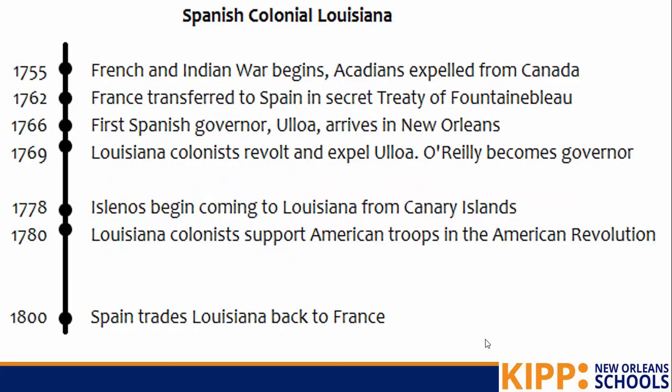So a reminder of where we've been. We have the French and Indian War beginning. The Acadians get kicked out of Canada. France secretly trades Louisiana to Spain in the Treaty of Fontainebleau. Ulloa arrives. The colonists revolt. They kick him out. O'Reilly comes in. He kills everyone who protested. The Isleños begin coming to Louisiana. Louisiana colonists then support the American troops in the American Revolution. And then Spain trades Louisiana back to France. So France begs for the colony back and kind of forces Spain to give it back. And now the colony is Spanish or French again